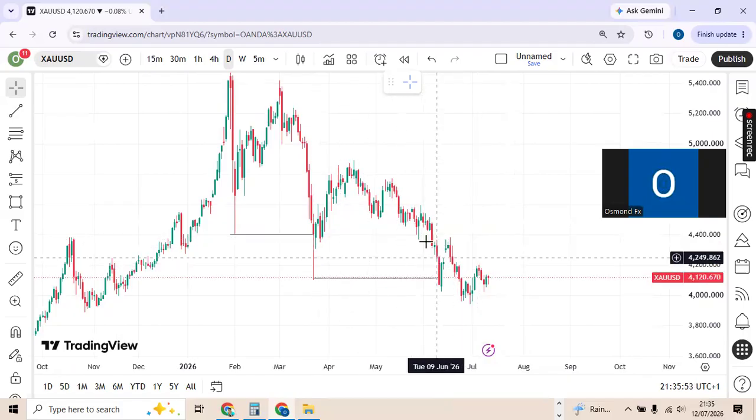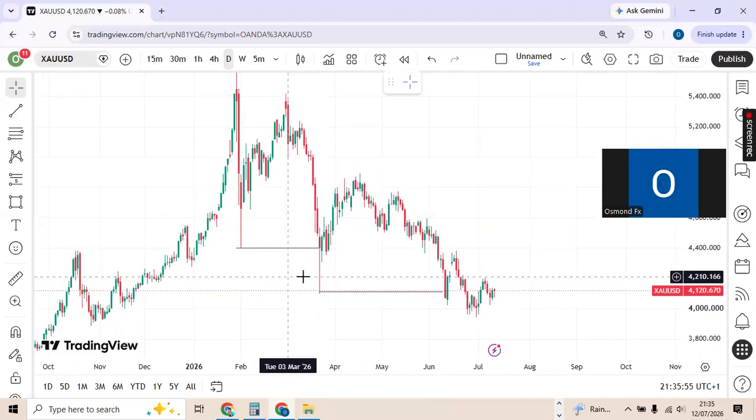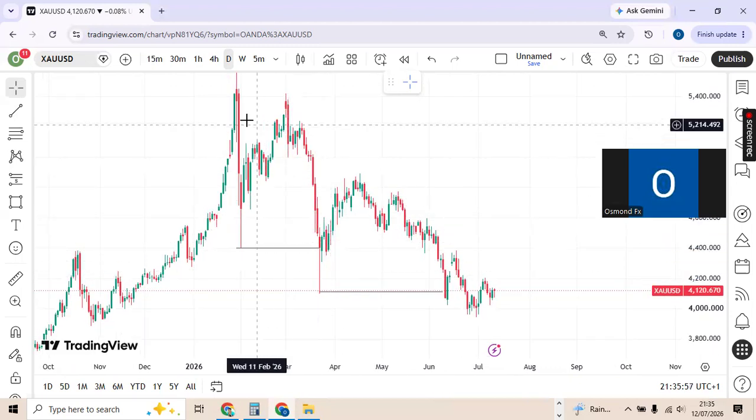So we all can see that the market is in a downtrend. There's no brainer thing here. We all can see